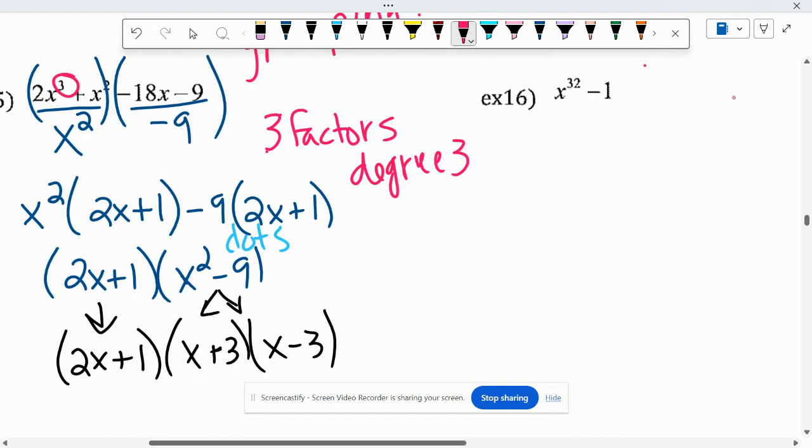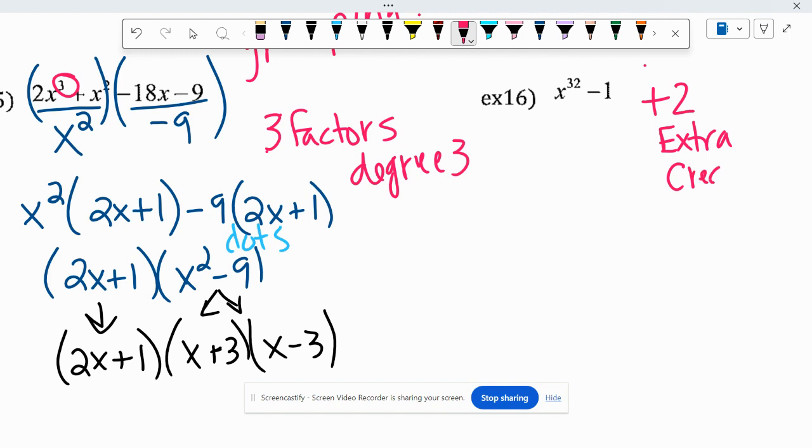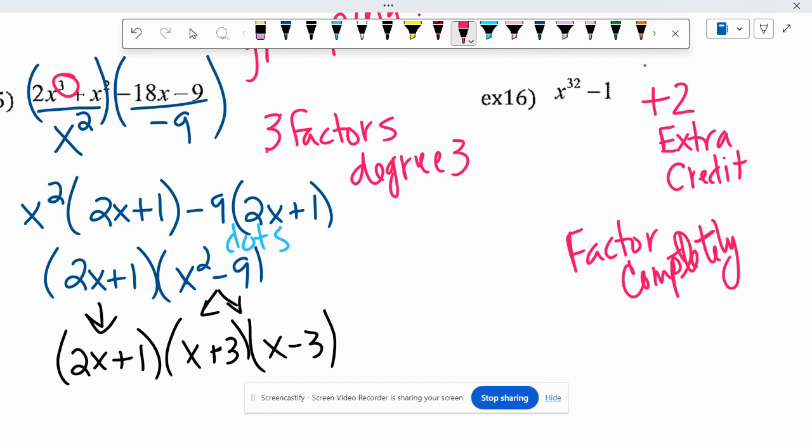Okay. Number 16, I'll make this plus 2 extra credit if you factor it completely. You have to factor completely, and you have to show all of your work, okay? Whoops, the T's right here. So why am I letting you get 2 points